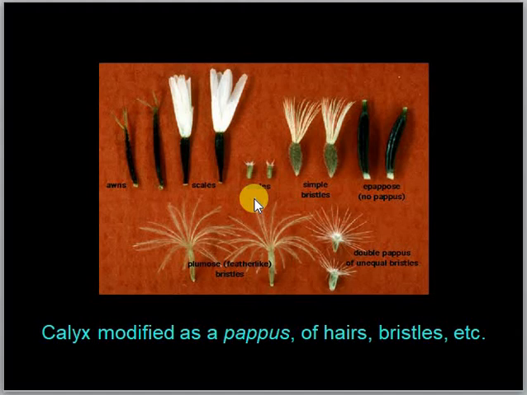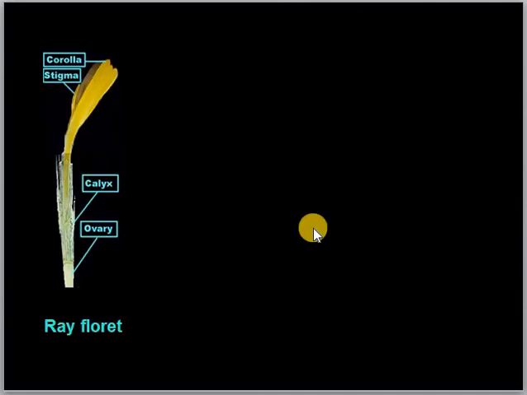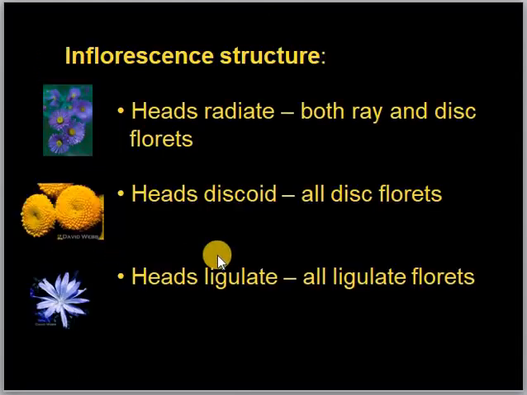And in some flowers, the calyx is modified into bristles. We know that the poopanthadi (dandelion-like fluff) flies around. If you look inside it, hair like structures are seen like this, and this is the modification of calyx, and this hairy modification of calyx is called pappus calyx. So this is how pappus calyx is arranged in the receptacle. On a ray floret, this is corolla, this is stigma, calyx, and ovary.